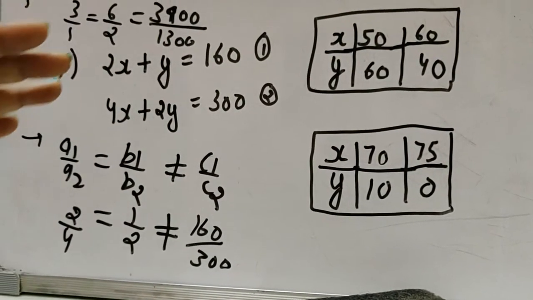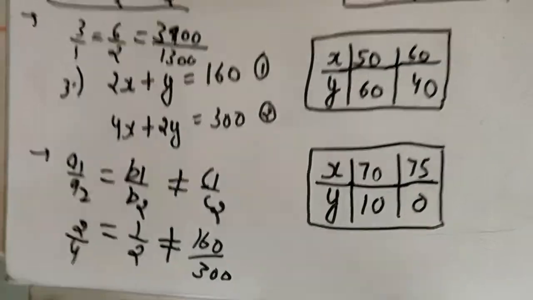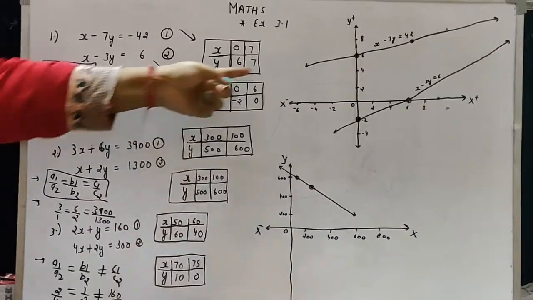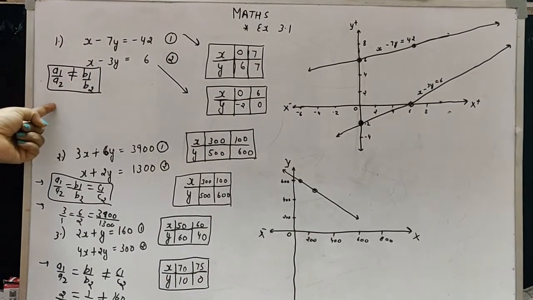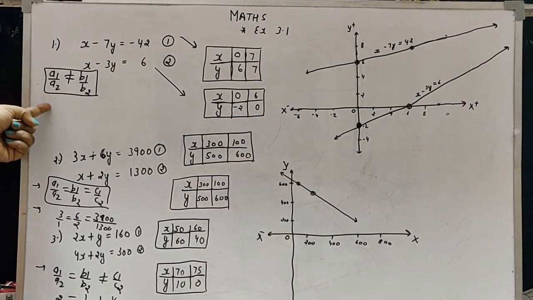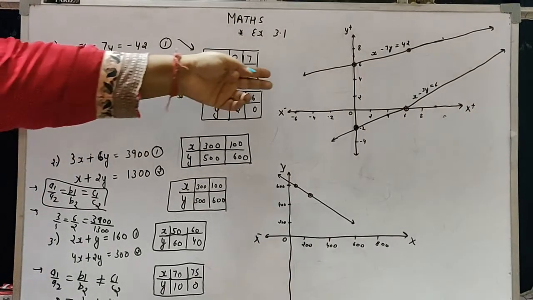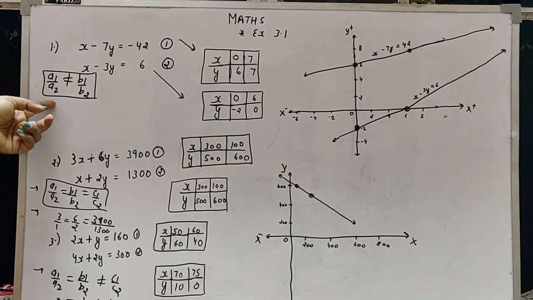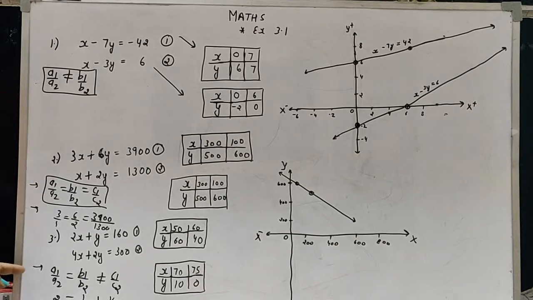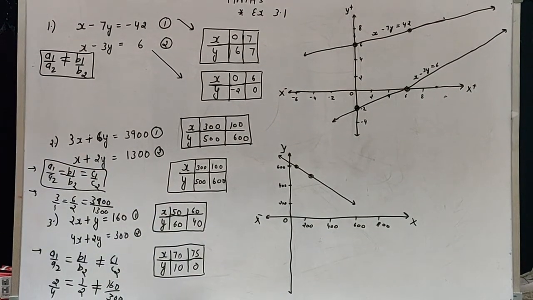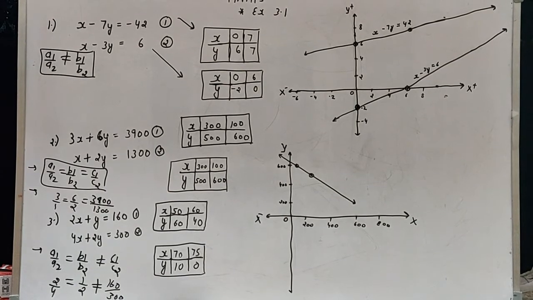Correct? Right now, beta, you have to write the equation, draw the table for both the equations and simply draw the graph. You don't have to write this thing. This thing we will be doing in the next exercise. I have just explained you so that the things are clear to you, that without drawing the graph also you can find out what sort of lines you will be getting. Okay. Now for the third question, draw the graph yourself.